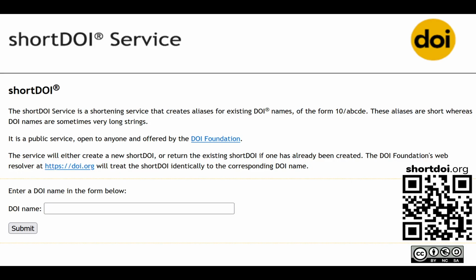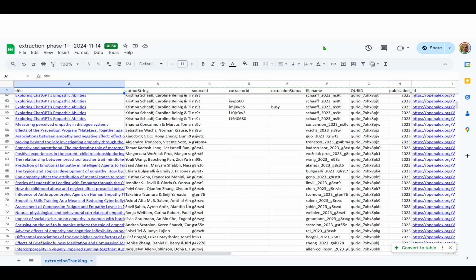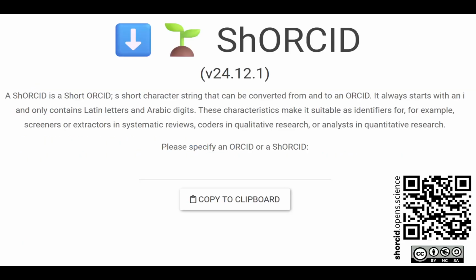DOIs are not very wieldy. They're long, they can contain loads of characters, but short DOIs are very short and only contain letters and numbers. So that means they're super useful, unique identifiers for articles. And if you have them, you can always immediately find the article because you just go to doi.org/the short DOI. You also see the extractor identifier here, and those are the shortkits, which is a brilliant invention,